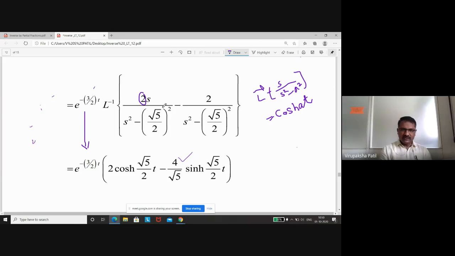So a is here root 5 divided by 2. So that becomes cos hyperbolic root 5 divided by 2 times t. Laplace inverse transform of this term is over. Now concentrating on this, this 2 should be kept as it is. So it becomes L